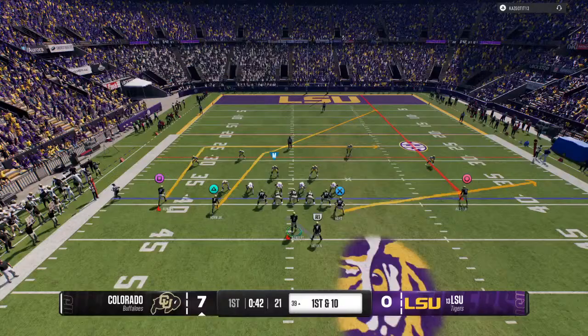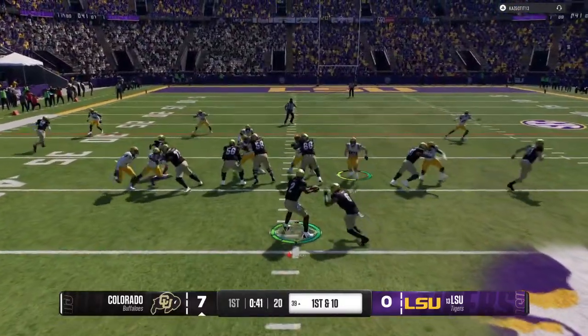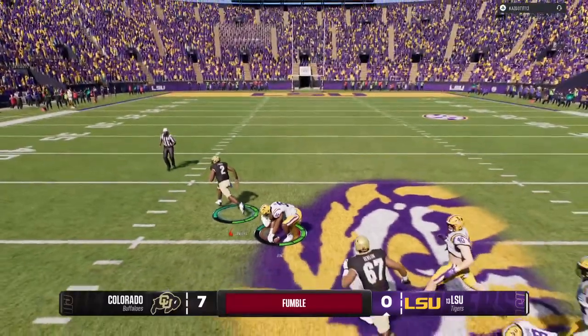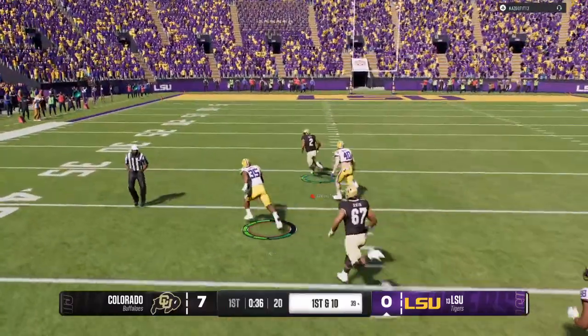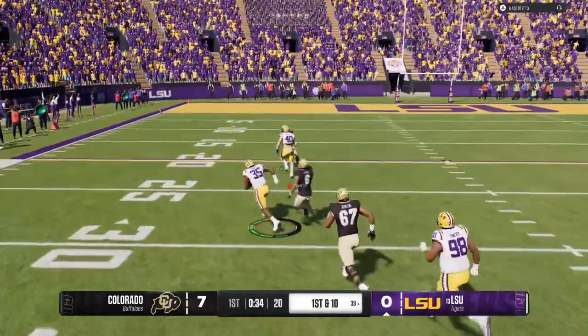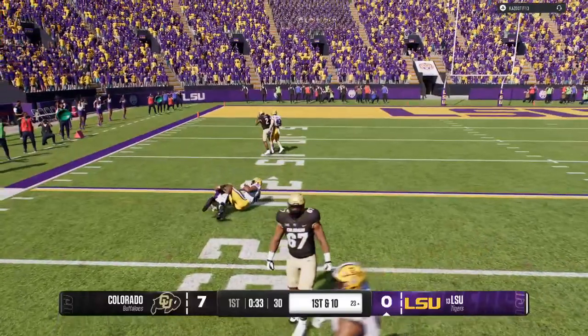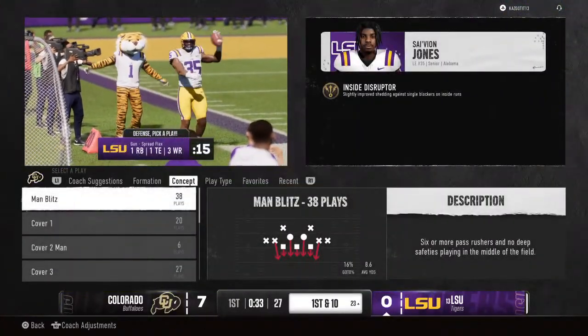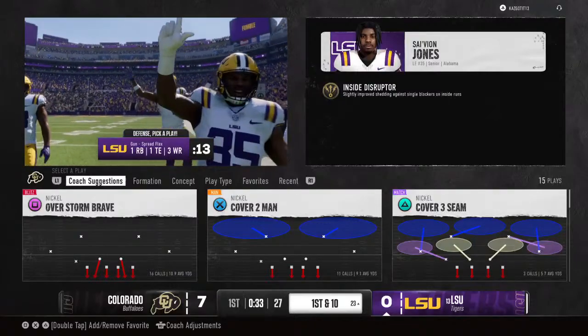And the Colorado offense is coming back onto the field. Getting some heat. The ball's loose. Defense coming up with a huge fumble recovery. And the quarterback just ran out of time there, and they were able to knock it free. Quarterbacks have got to do a great job